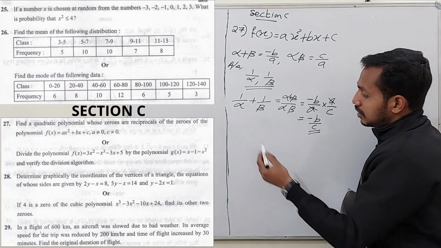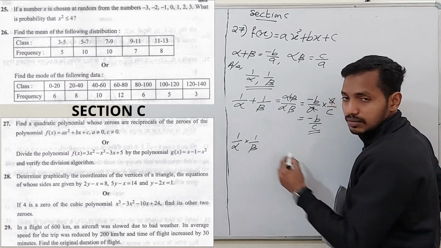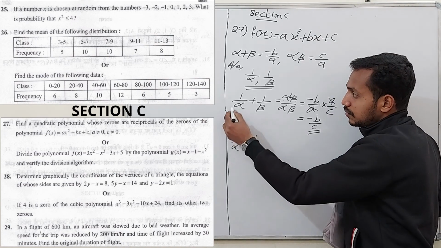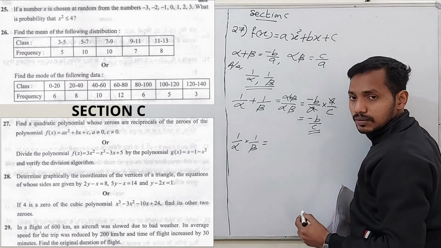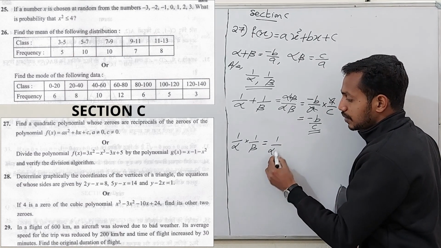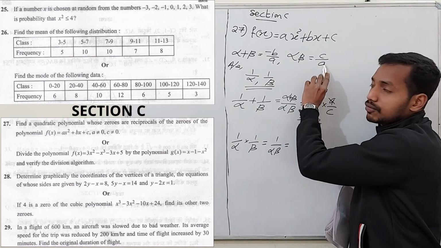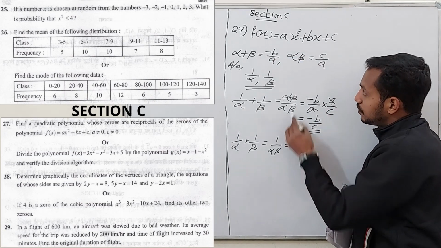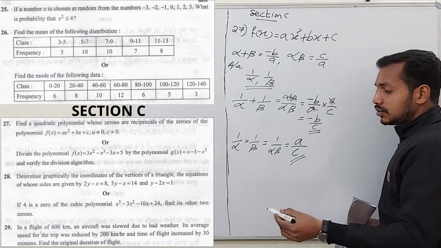Clear? Then the product of zeros will be 1 by alpha into 1 by beta. The product of zeros of the new polynomial will be 1 by alpha into 1 by beta, that is equal to 1 by alpha into beta. What is alpha into beta here according to c by a for this polynomial? So 1 by alpha beta is taking the reciprocal, so we will get a by c. Now the new polynomial